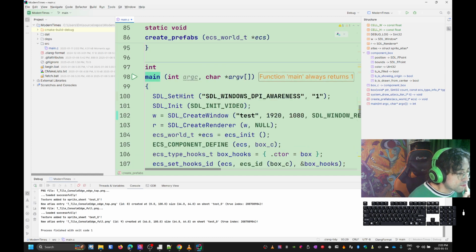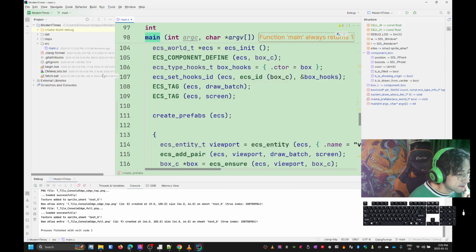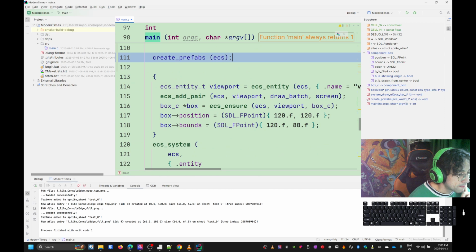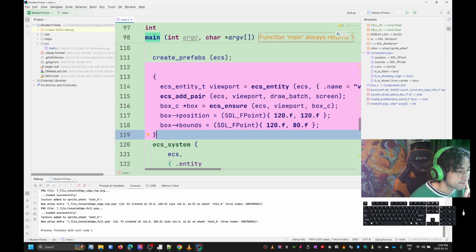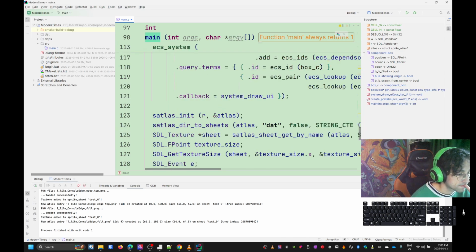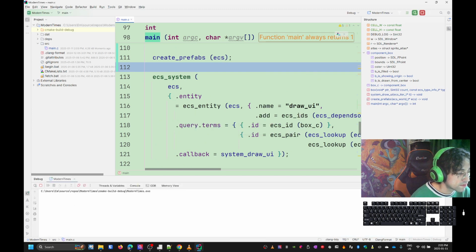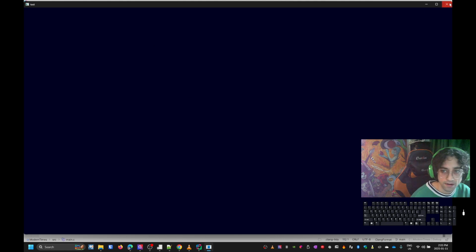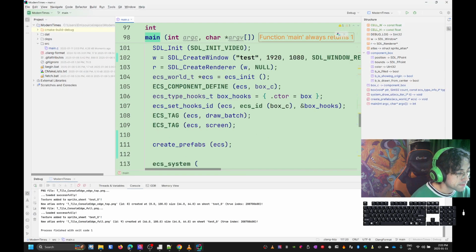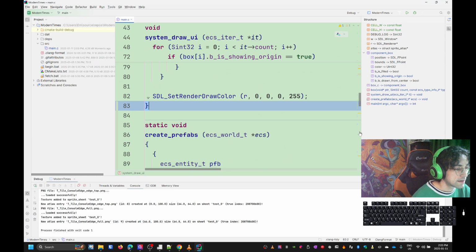So we create the prefab. This was just a test. We could literally remove it for now. It would just make it so that nothing is drawn in the window, nothing would break down. And then